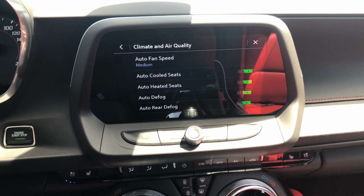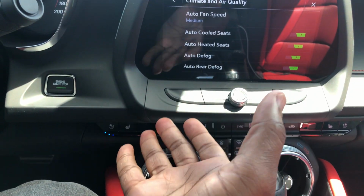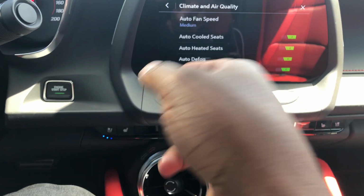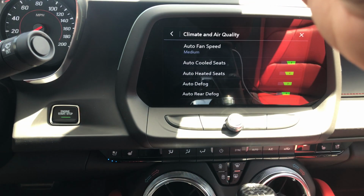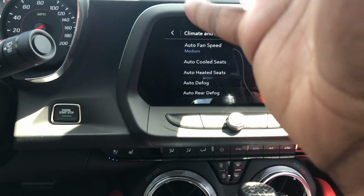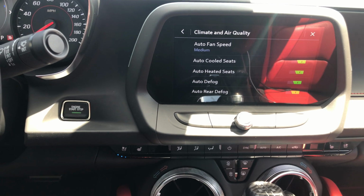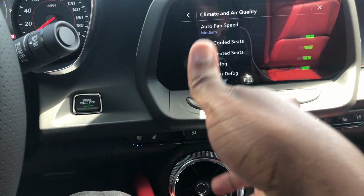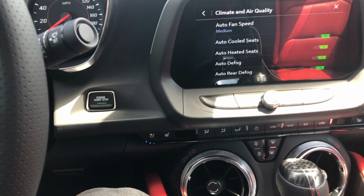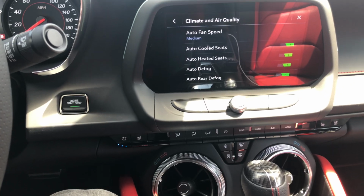But yeah, it's a super nice addition, and the funny thing is on the 2020s, at least, the ventilated seats actually work this time. When they first introduced the 6th gen Camaro, the cool seats did not work at all, at least in my opinion. But this year, it works very well. I don't know if they made the perforations bigger or they made the fan in the actual seats bigger. Not sure, but it definitely works, and I'm very, very happy about that, especially living in sunny California,